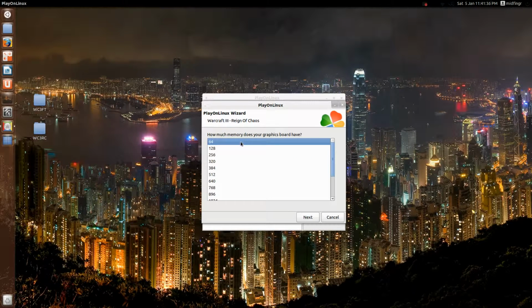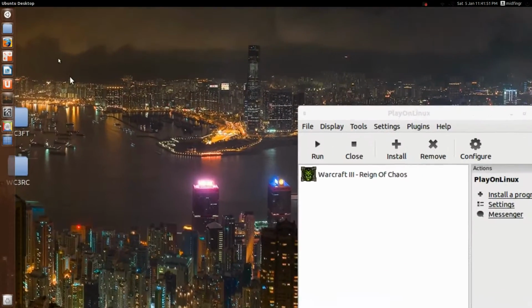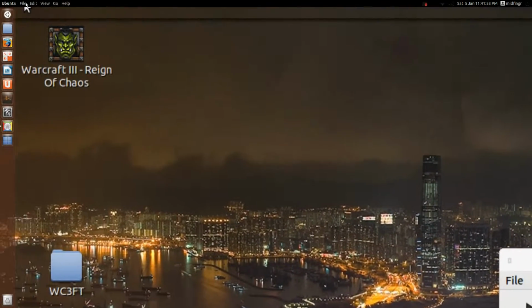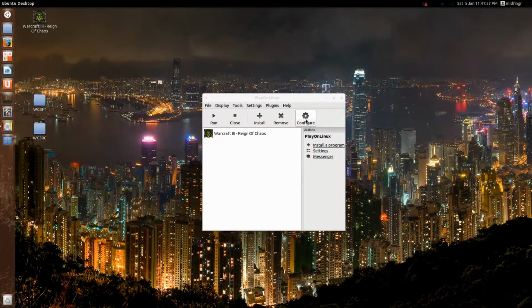And next it'll ask you how much memory you have on your graphics card. If you're not sure, you should look this up beforehand. I have 1024. Hit next. And it's ready to go. And as you can see here, zoom in, it put a shortcut anyway. I strongly suggest let's go to Configure